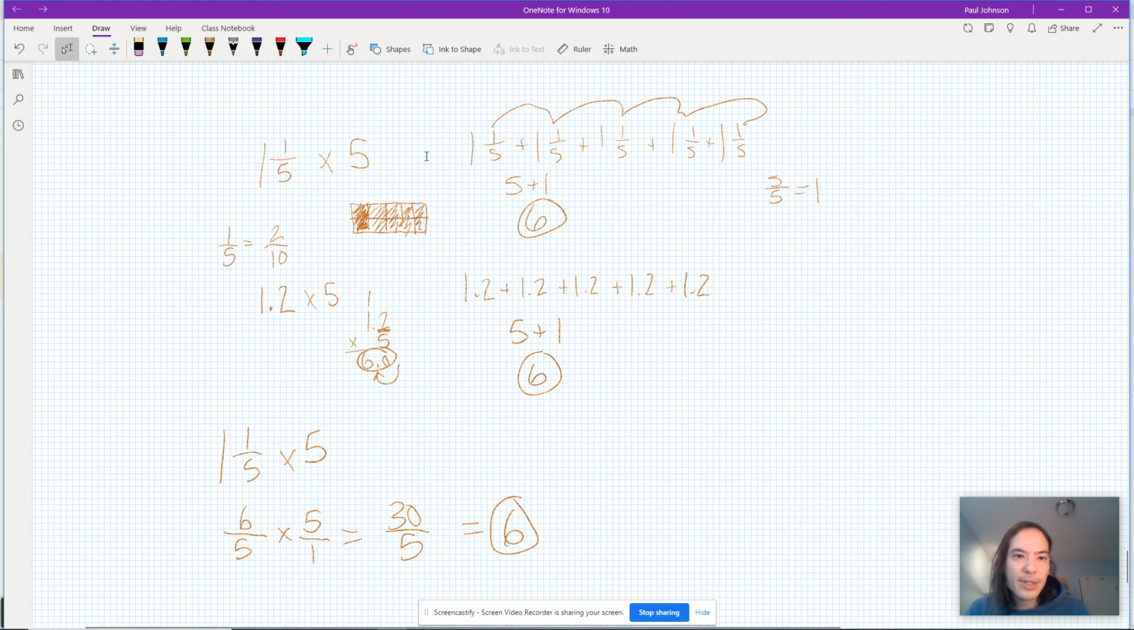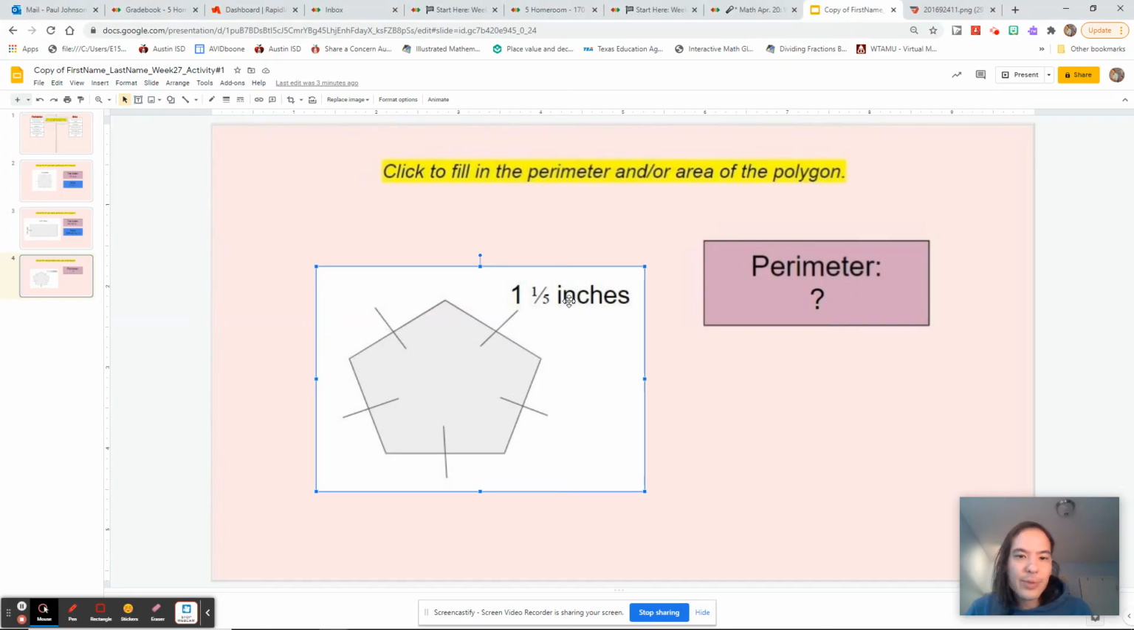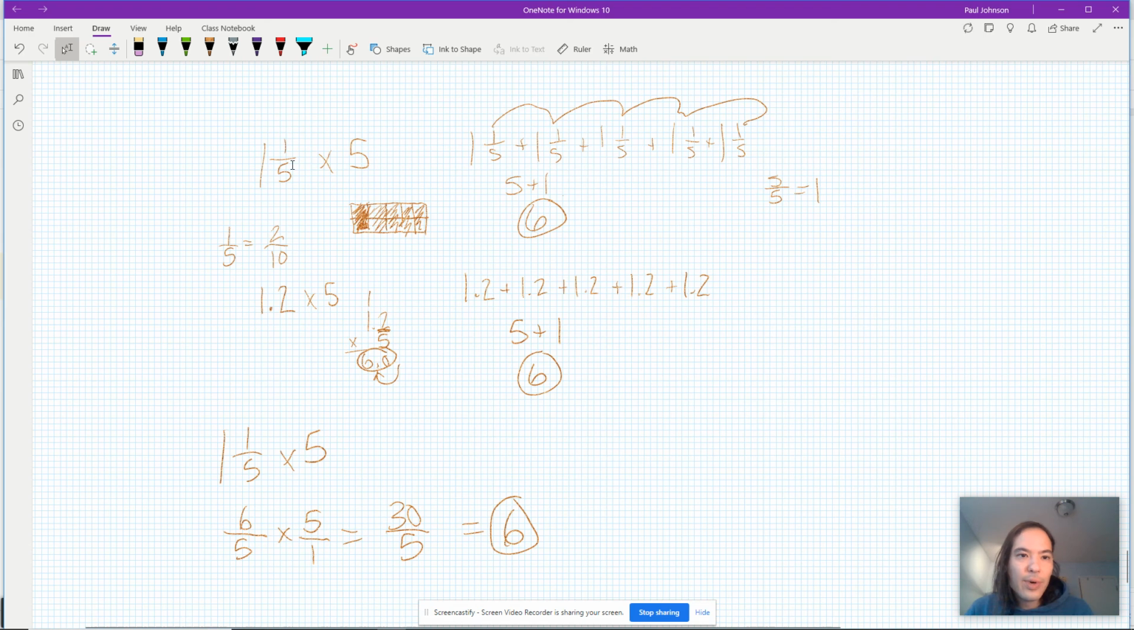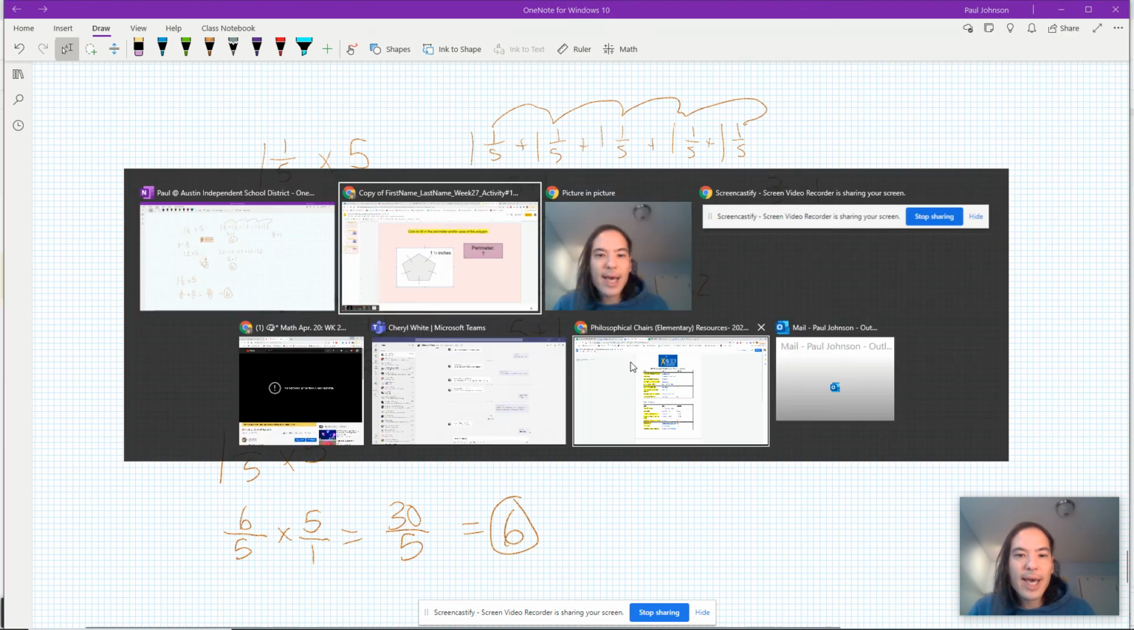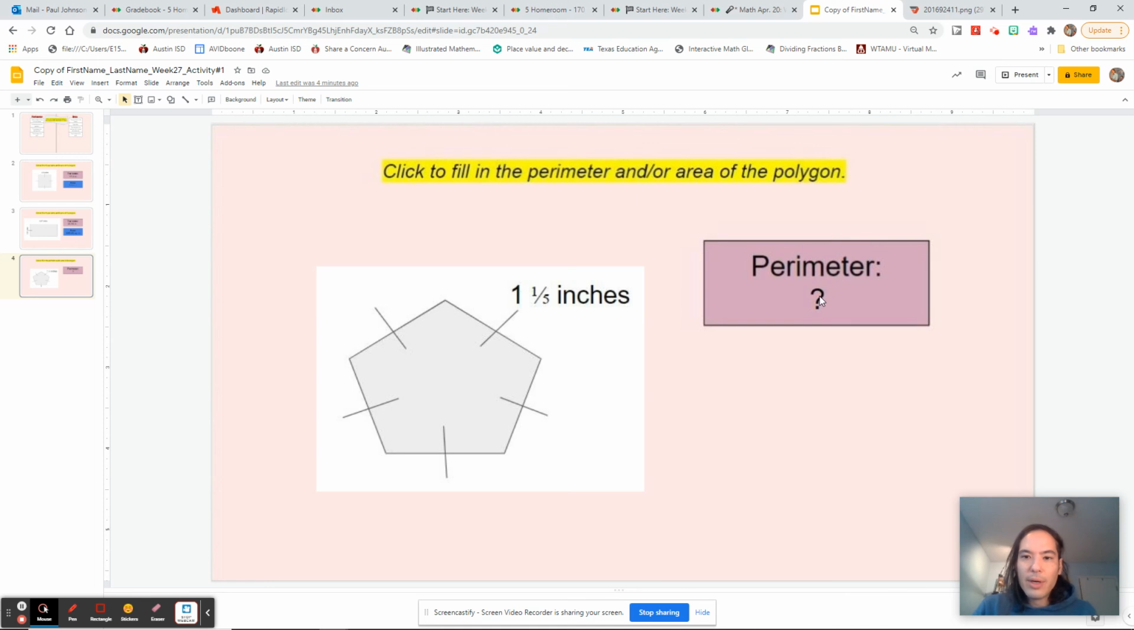However you decided to do it, right? We had a pentagon, and each side of the pentagon was 1 1/5 inches. 1 1/5 is also the same thing as 1 2/10. So 1 1/5 5 times was 6, whether we added it or multiplied it, and 1 2/10 times 5 was 6, whether we multiplied it or added it. So our perimeter, not only 6,